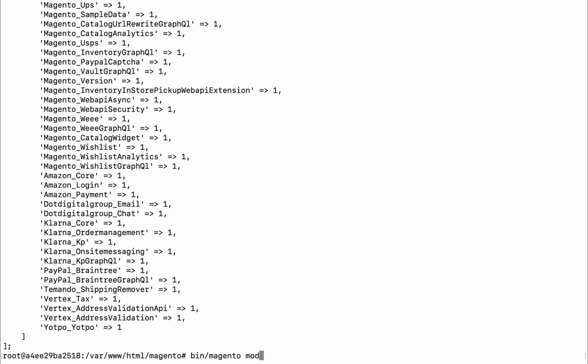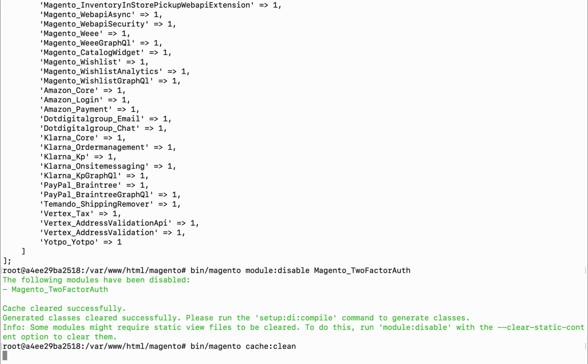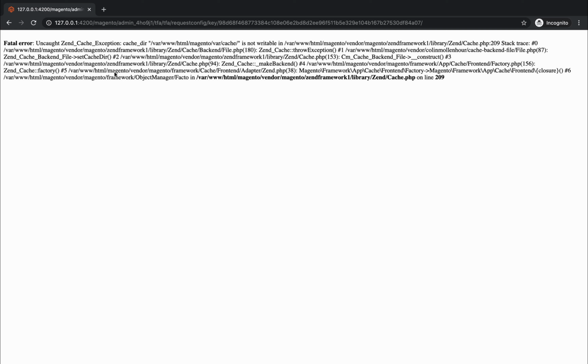To disable any module, we have the command bin/magento module:disable. This is the command used to disable any module, and we have to pass the module name here. Once we run the disable command, the module will get disabled and we will clear the cache again. And we will reload the page.